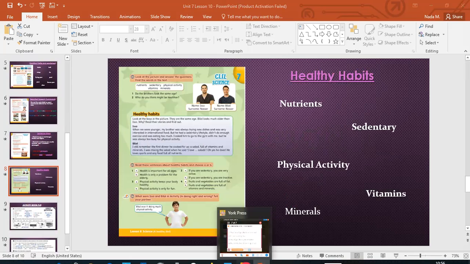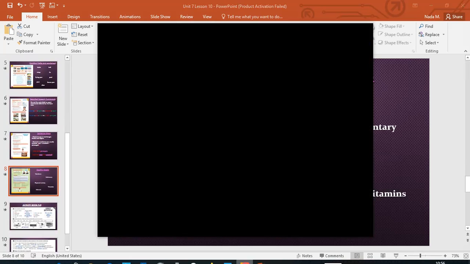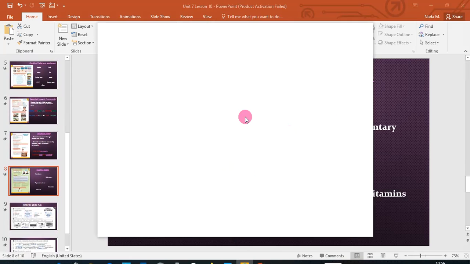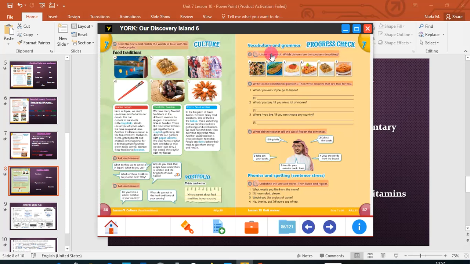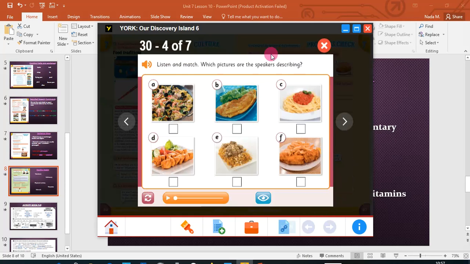In your pupil's book, page 87, we are going to listen and match which pictures the speakers are describing. So we have more than one speaker here, and each one is going to describe how to make